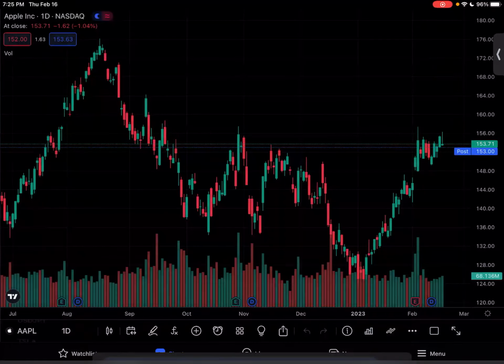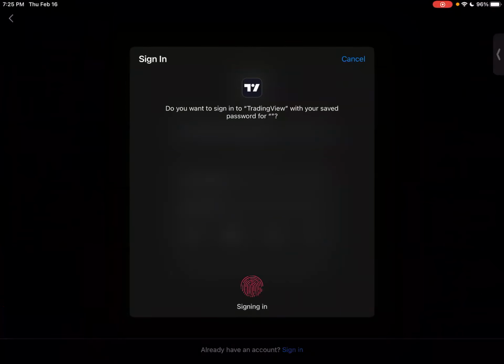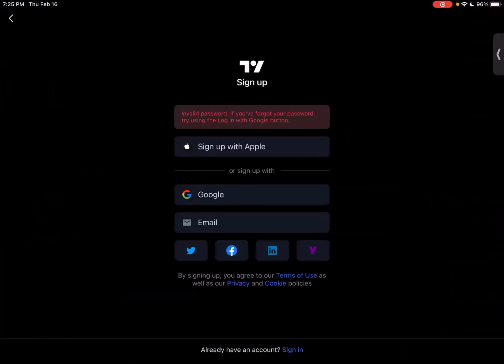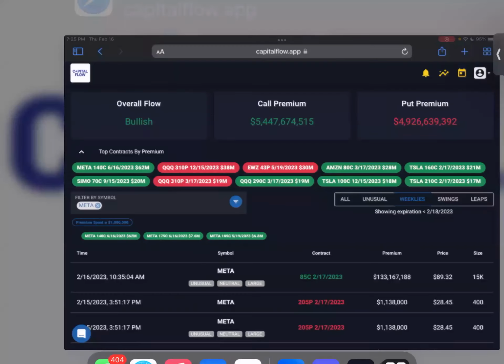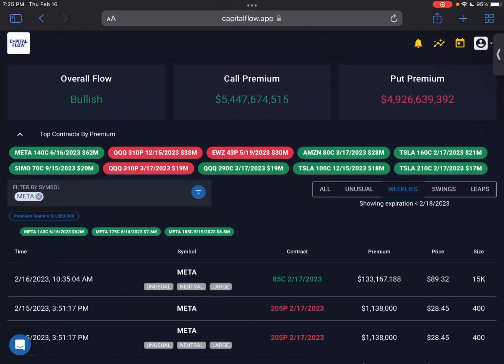I'm sorry. Anyway. Oh, I'm not signed into my TradingView. Why did it boot me out? Recording in progress. I don't know why it booted me out of my TradingView. I'm not about to sign in right now. Y'all know what Meta did today. Y'all can look at the market. Meta dropped. I'll tell you the percent. I don't know why I'm not logged into my TradingView. I was just logged in. Anyway,